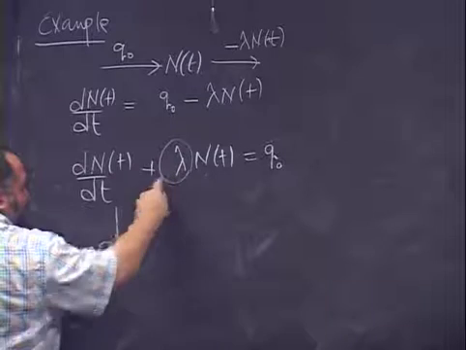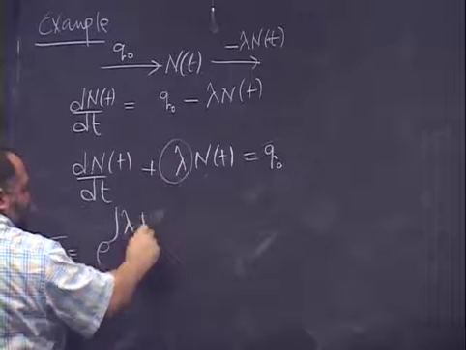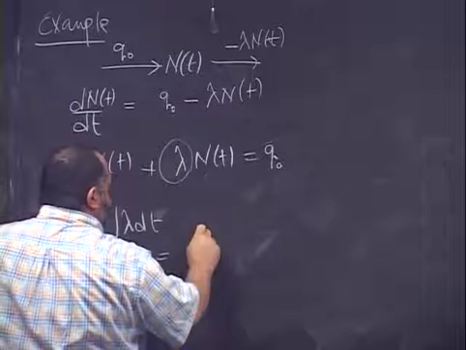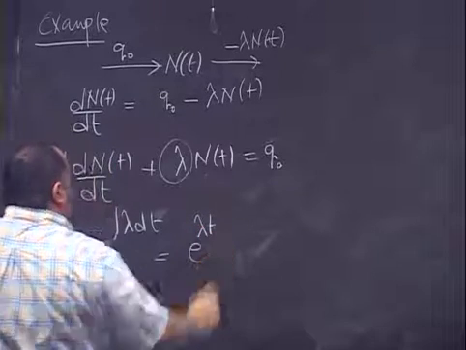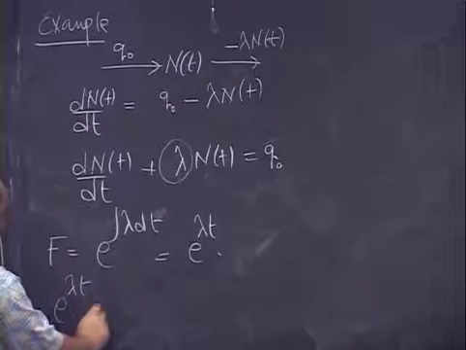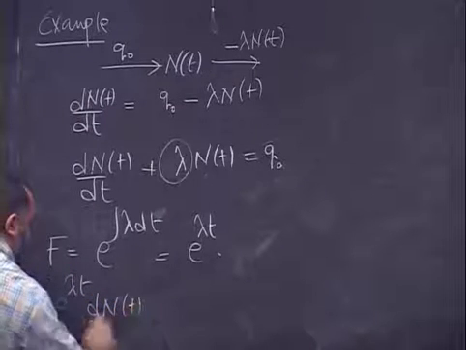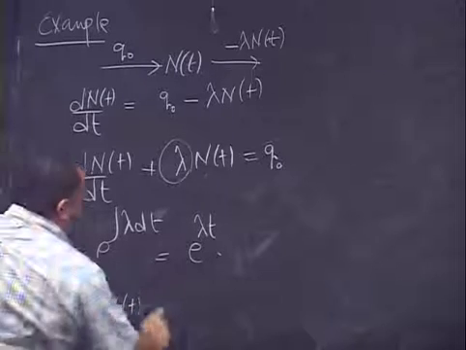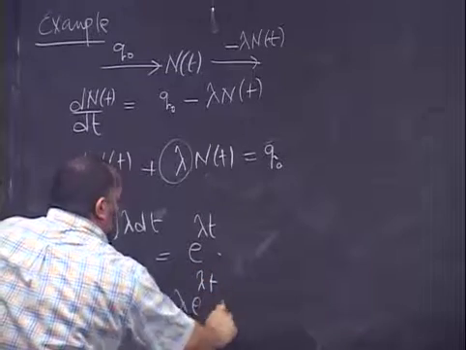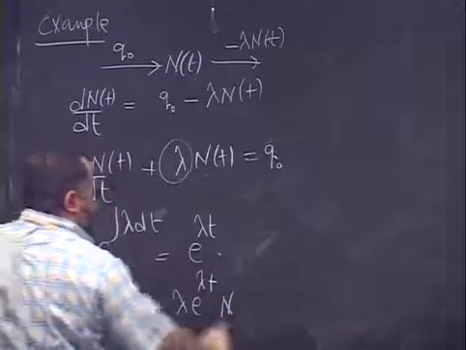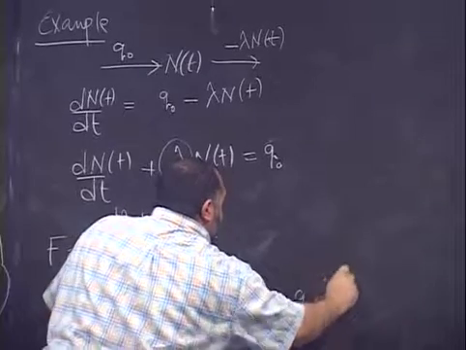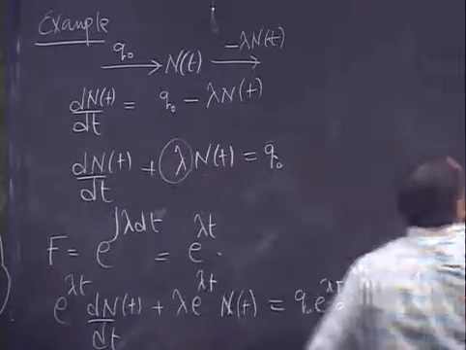e to the power of the integral of lambda dt. But lambda is constant, so this will be e to the power of lambda t. Multiply here e to the power of lambda t multiplied by dN of t by dt, plus lambda e to the power of lambda t N of t equal to Q naught e to the power of lambda t. Now,